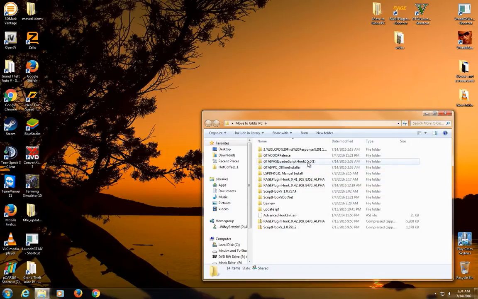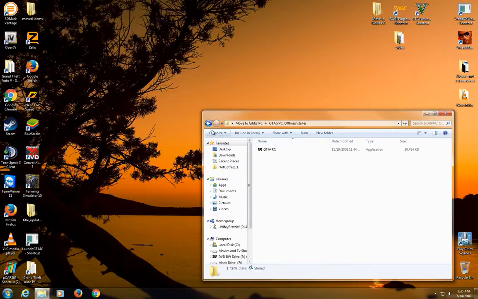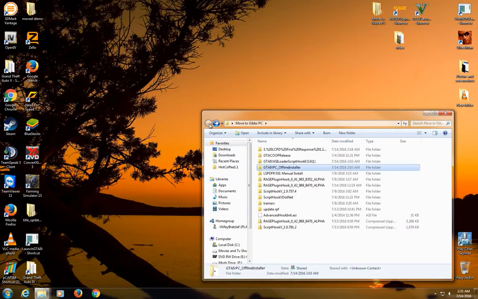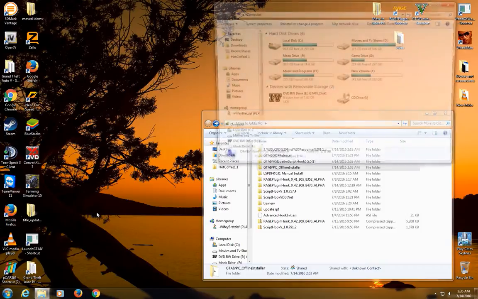You need this ASI loader, and you can get this for GTA 4. Also, you need the GTA 4 PC offline installer. Once you get this, if you got the disk codes, it's going to ask you for the disk codes. What you need to do is do that. Well, after that, what you need to do is go to